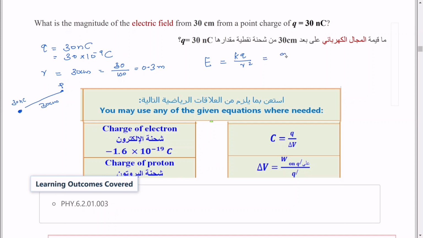So the value of K is a constant, 9 multiplied by 10 to the power 9, multiplied by Q, the value of charge, 30 multiplied by 10 to the power negative 9, divided by the square of the distance. Distance is 0.3, so 0.3 squared equals